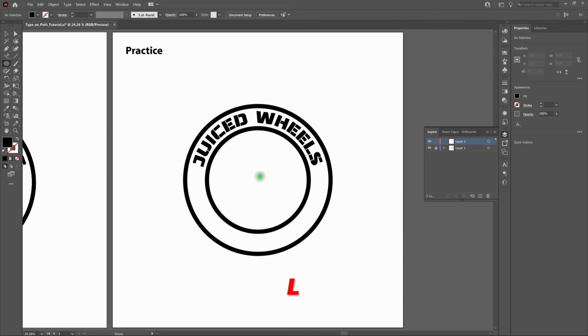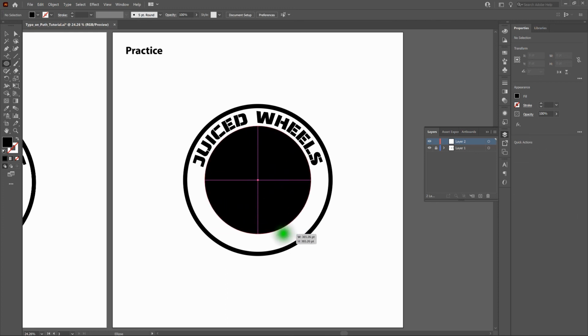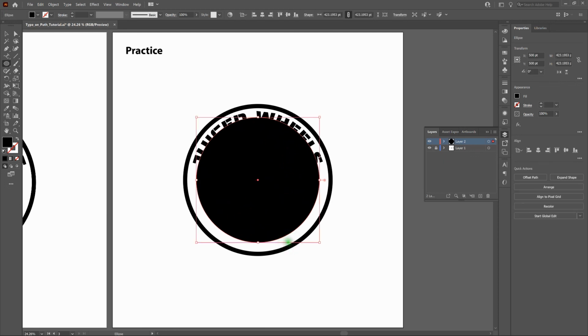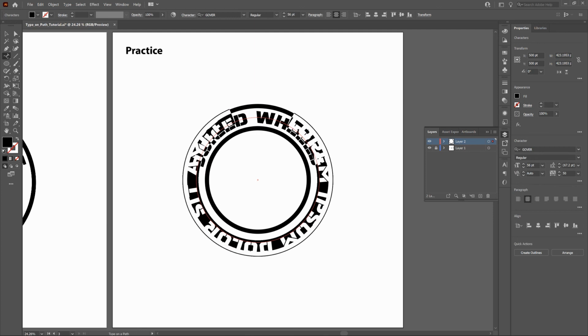Once we've got that and our top layer is selected, let's grab our ellipse tool once again. Let's hover over center once again. Let's click and drag out our circle, again holding Shift and Alt keys simultaneously, and let's drag out until we snap to our original circle. There you go, right there. Now let's grab our Type on Path tool once again, and let's click on the exact top of our circle. The reason being is we want our type on the exact bottom. So let's click on it,